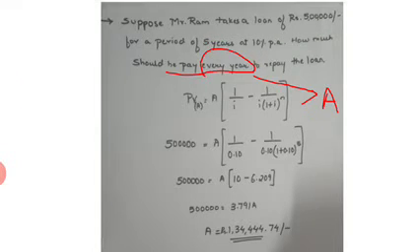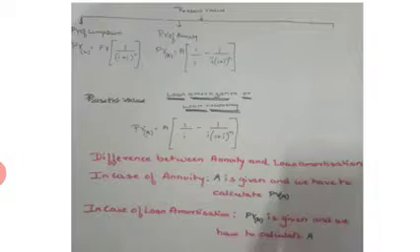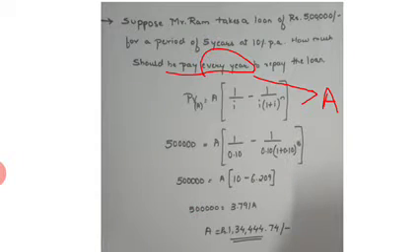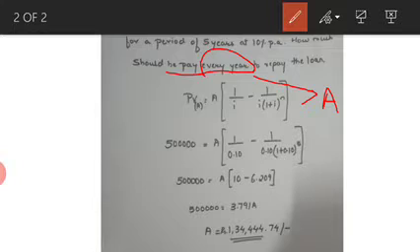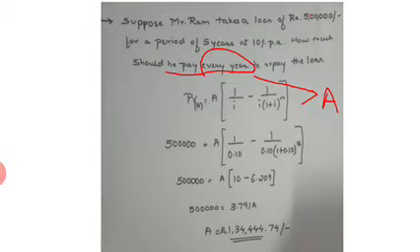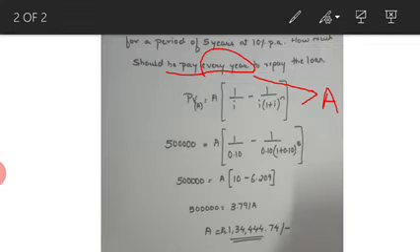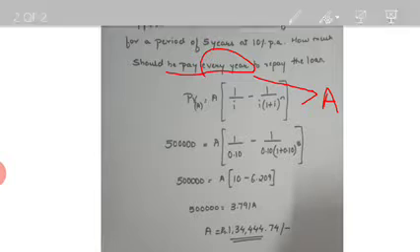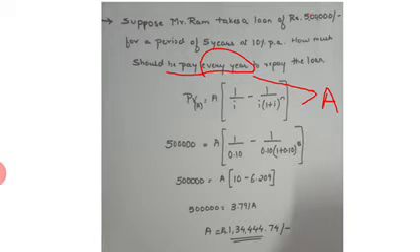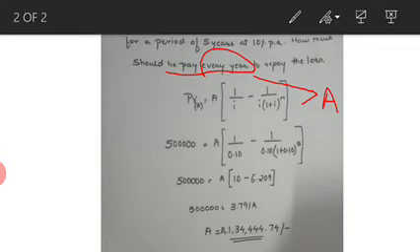Now, in this case, is the present value of annuity given to us? Yes, it is given. Where is it? The present value of annuity is nothing but this 5 lakh rupees that has been given. So 5 lakh rupees becomes the present value of annuity. How much should we pay every year? That means A is not known to us, I is 10%, 0.10, and N is 5 years, which is already given to us.